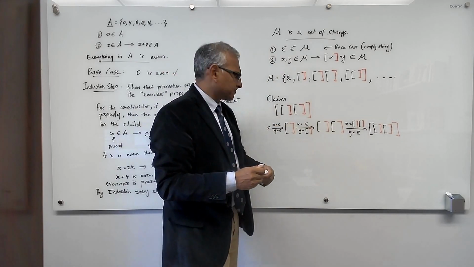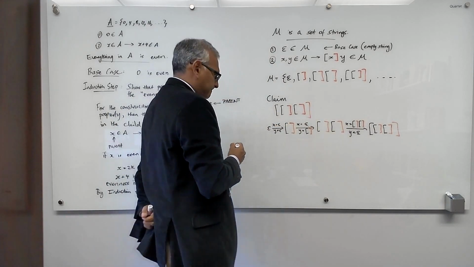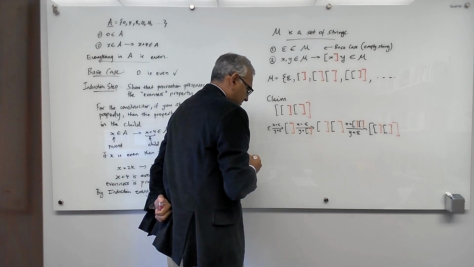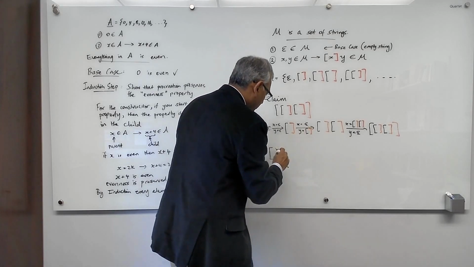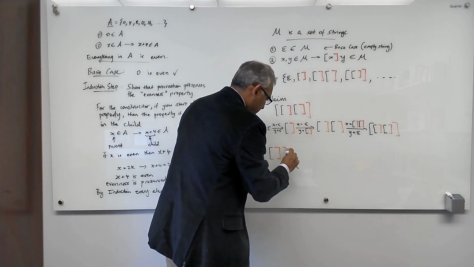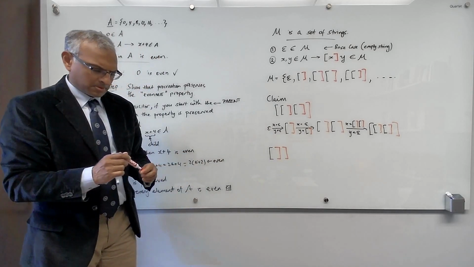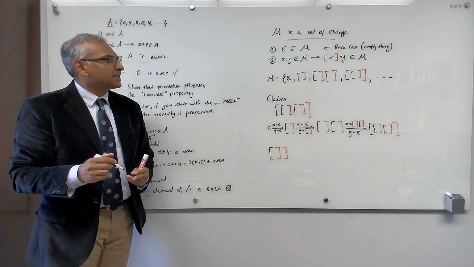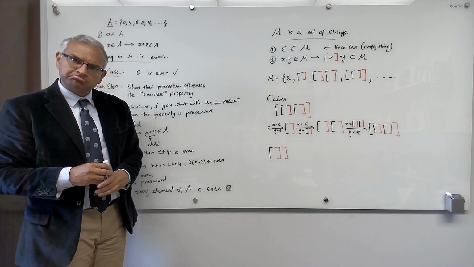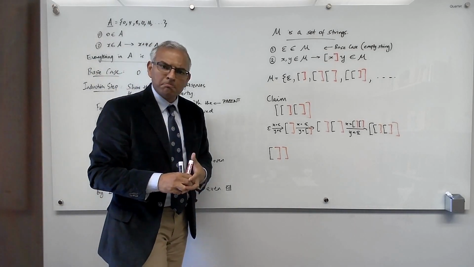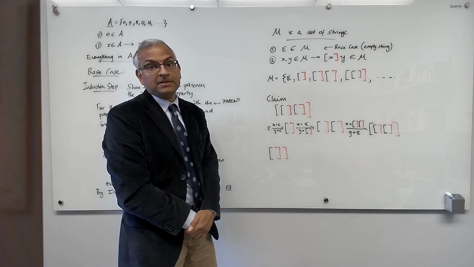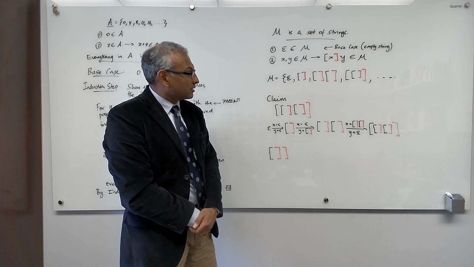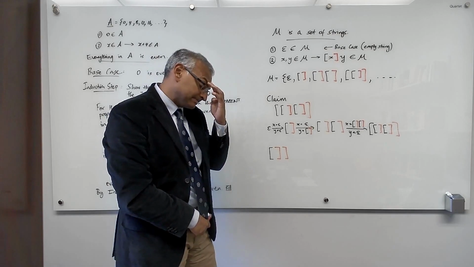Question: what about this guy? Open, close, close. Is that guy in my set M? No, it's not in my set M. But now the question becomes, how do I prove it? Is it easy to prove? How would I prove it? That's going to cause some